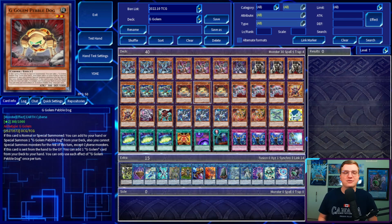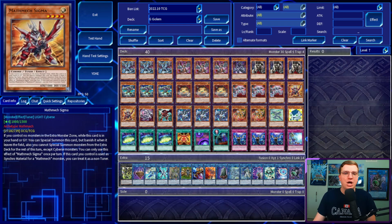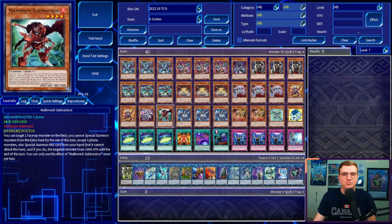If it's sent from the hand to the graveyard, you can add any GGolem card from your deck to your hand, and of course, both of those effects are a hard once. We are also playing a sizable Math Mech package: 3 Circular, 2 Sigma, 1 Diameter, and 1 Subtraction,